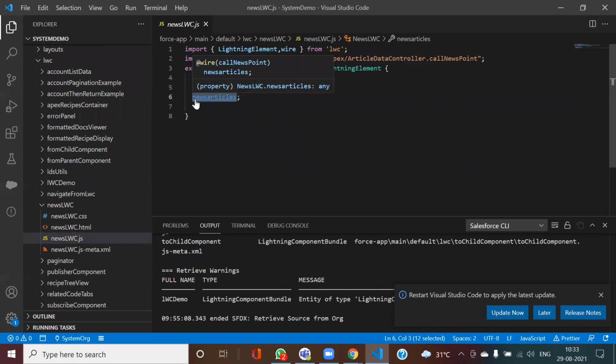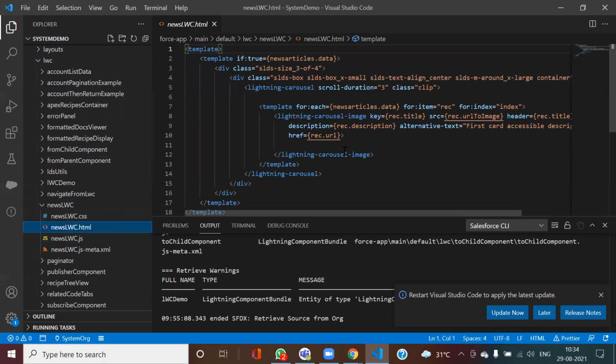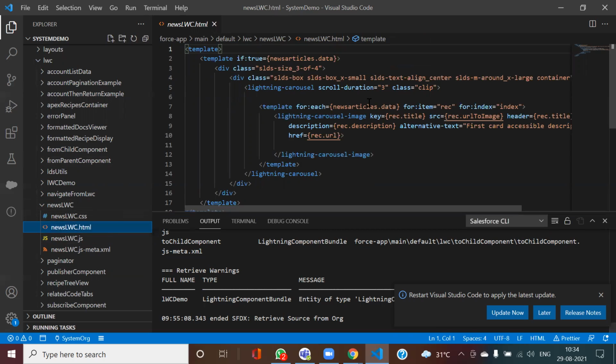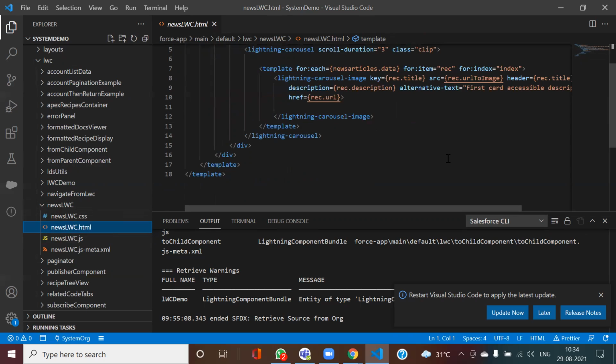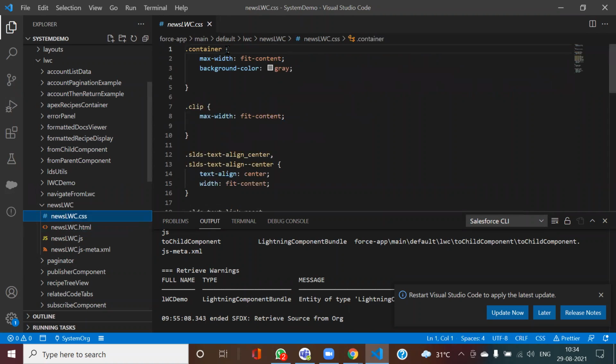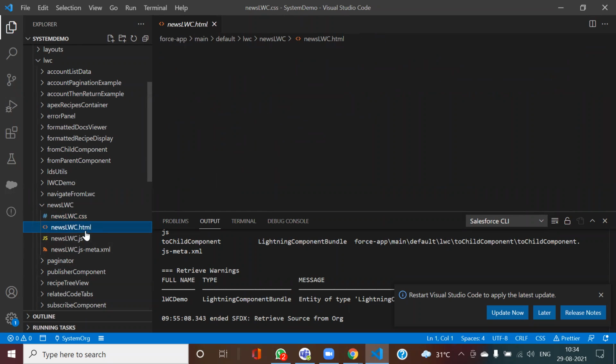So this is my data that came into my news articles, and after that it has been displayed. This is a very same wrapper class example you can take. How to get the data from a wrapper class into my LWC? Just like a list of objects, you have similarly a list of this wrapper class, which I have written here. Nothing more than that. Other than this, I have used the CSS properties also here.